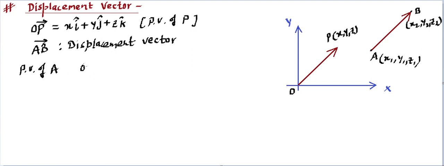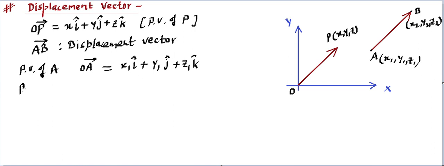That means if we write the position vector of A, this will be written as the OA vector, because we are looking for the position of A. So the OA vector will be written as x1 i cap plus y1 j cap plus z1 k cap. Hopefully you are able to connect. Just like P had coordinates x, y, z, and we wrote this as a position vector, similarly, point A has coordinates x1, y1, z1, so the corresponding coefficients are connected with i cap, j cap and k cap. So this becomes the position vector of A.